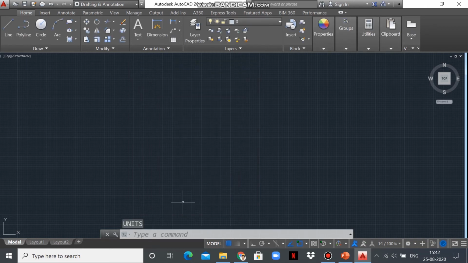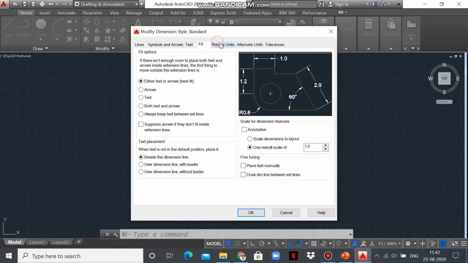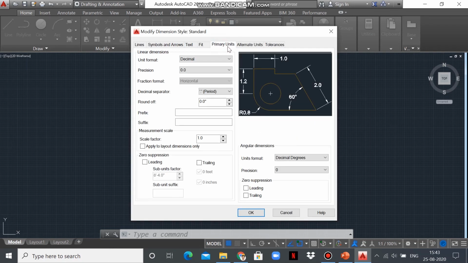And again we have to modify the imperial unit in the dimension style manager. So go to the dimension style manager to set it up. So type D, press enter. Again we are in the dimension style manager, so click on modify to edit it. So here we are again on primary units.